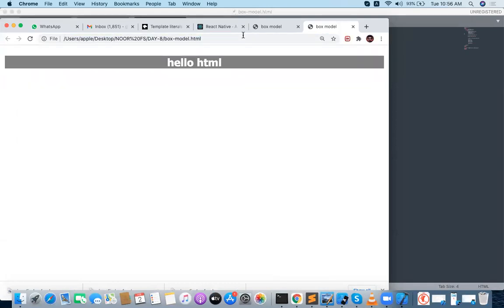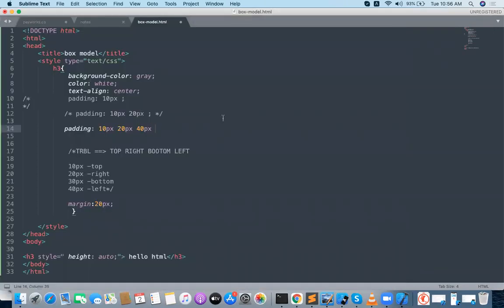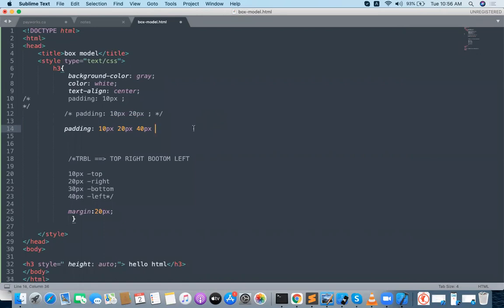The first one is arranged on top. The second one is arranged on right and left, opposites. So this is very simple: the first value is top, the second value is right and left, and the third value, the remaining one, is bottom, right? So that is the three-value case. Whenever you provide three values, it works like this.